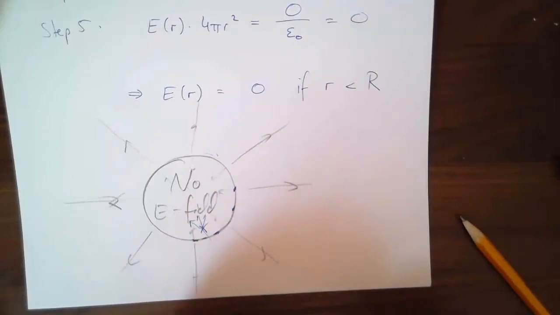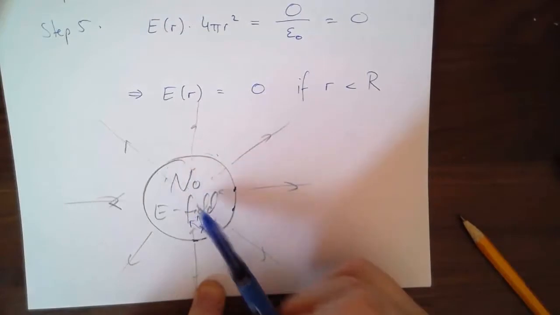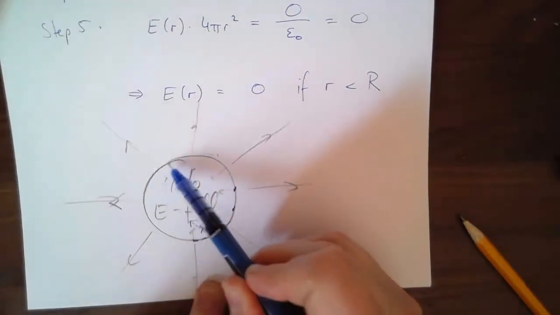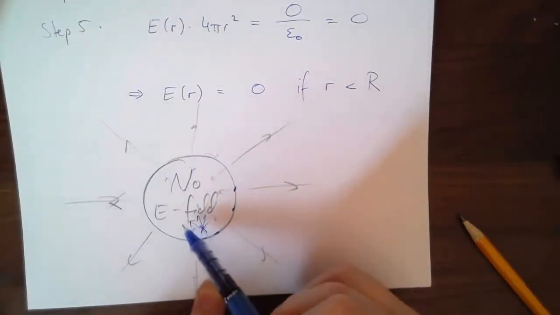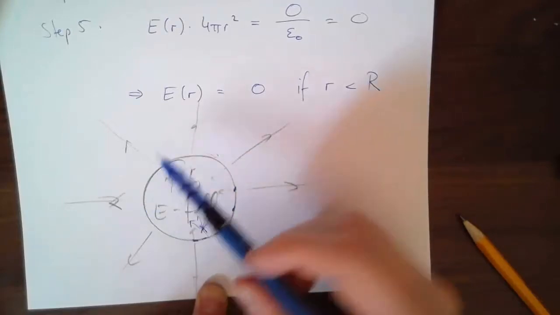Not an easy calculation to do. Ultimately, you find yes, it does. You find that no matter where you pick your point, if you actually work out this complicated integral of the electric field contribution from each little chunk of the sphere, it's going to work out that all those fields pointing like